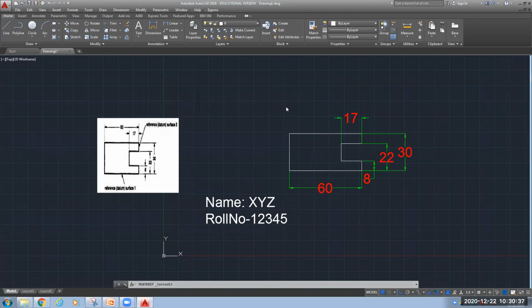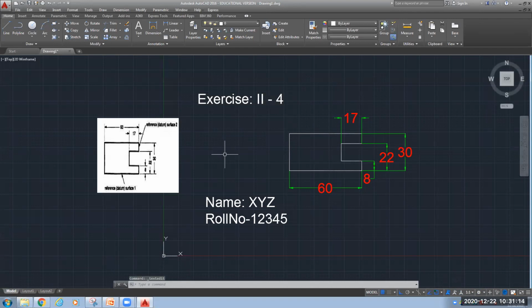I will make it as an exercise. This is our 4th exercise. Okay. So I will make it as 2-4. Why have I written 2? This is the second set of our exercises. In the first set, we have seen different types of coordinate systems. So that is your first set of exercises. Now this is your second set of exercises, and this is the 4th drawing of your second set.